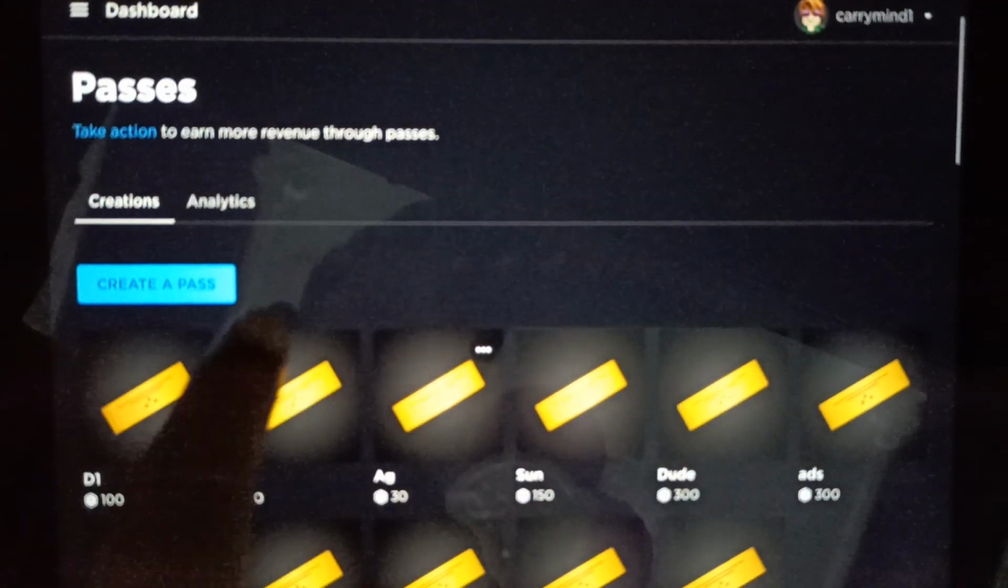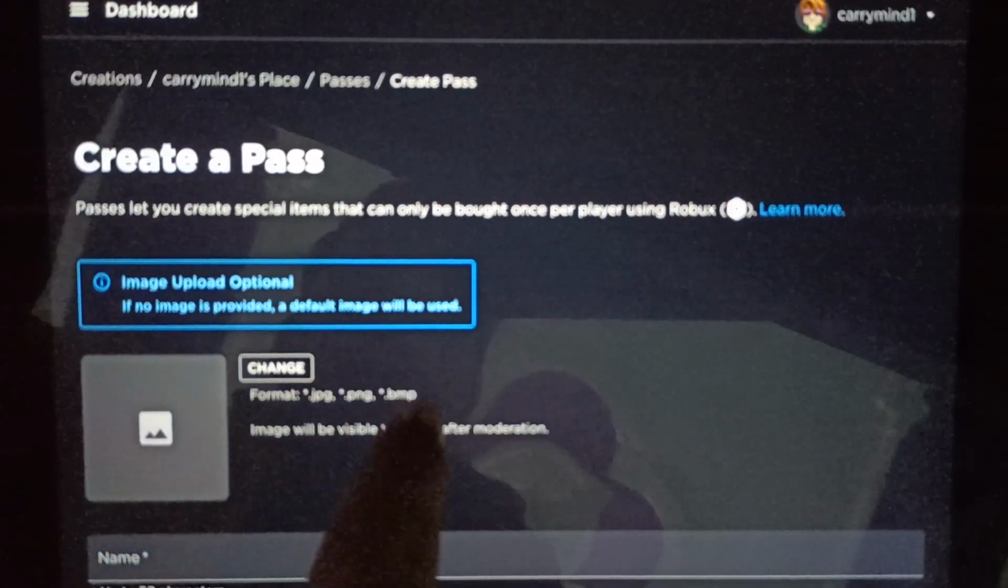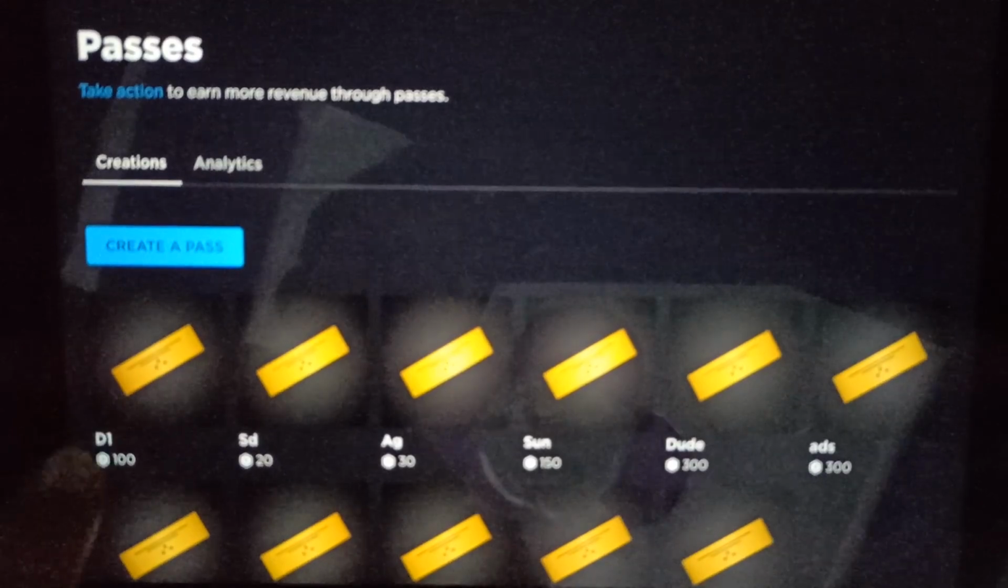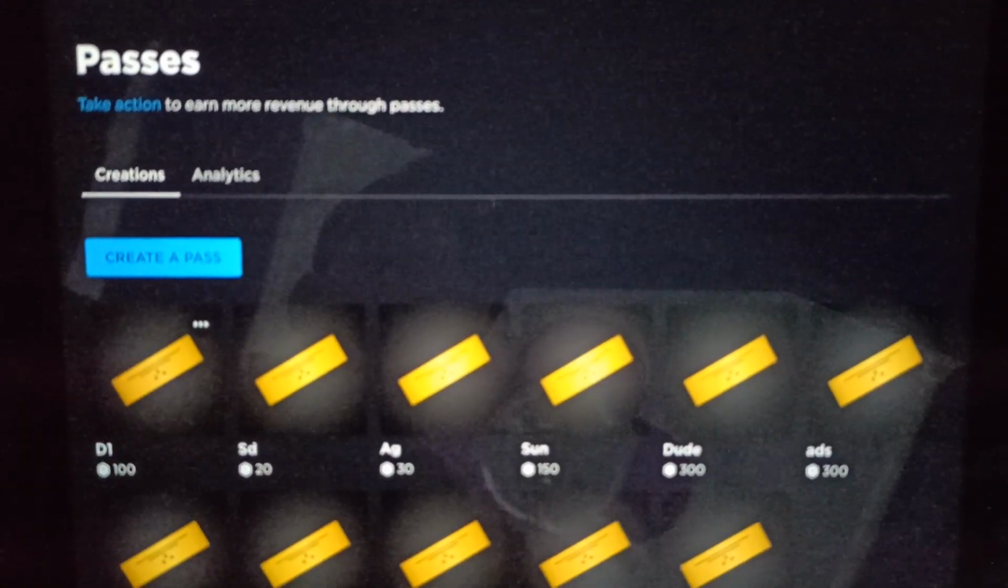Tap on it, and here you can create your own game pass. Just tap on create a pass, enter the name, description, and create a pass. And now suppose you have created your game pass, just click on or tap on that new game pass that